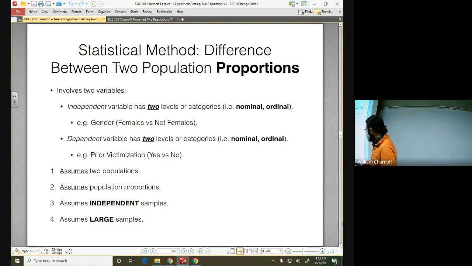And then we have this large samples assumption. When it comes to this large samples assumption, you have to check it. This is not an argument. You have to look at your data. So push up your sleeves, crunch a few numbers. If those numbers show you that your data have a large enough sample, then you can continue to use this method. If any one of those things that you check are violated, then you can't use this method.